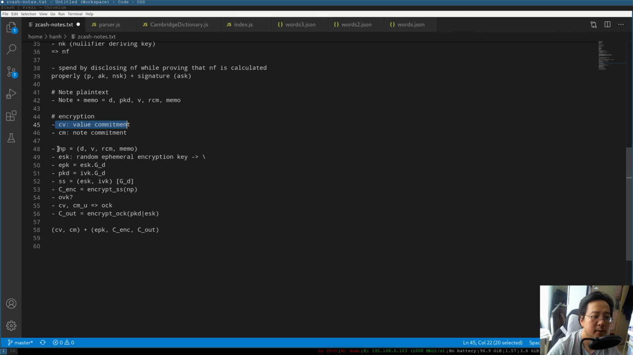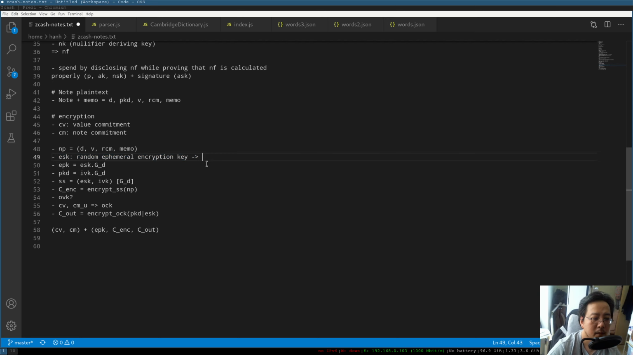And then you have the node plaintext, which is the thing that you're going to encrypt. The interesting thing here is that you want to encrypt in a way that the guy who has IVK can decrypt, and the guy who has OVK can decrypt. So what you do here is you create a temporary, so-called ephemeral encryption key. You choose a value randomly that will be only used for this particular